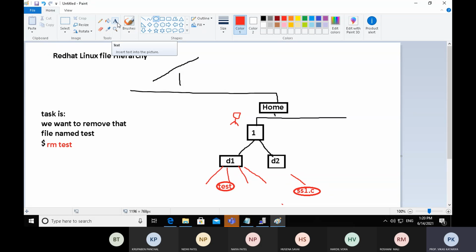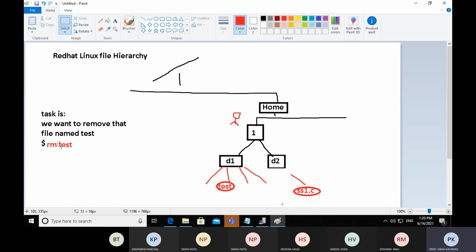So the command will be like that, followed by the path.